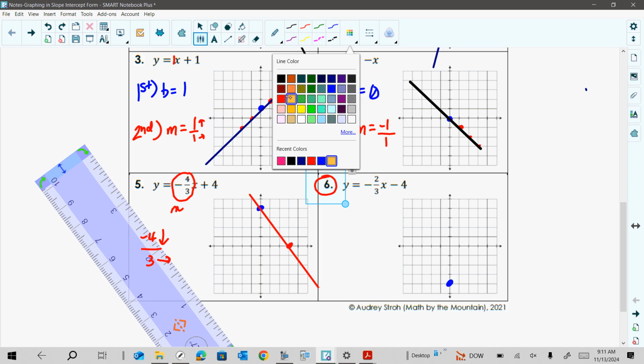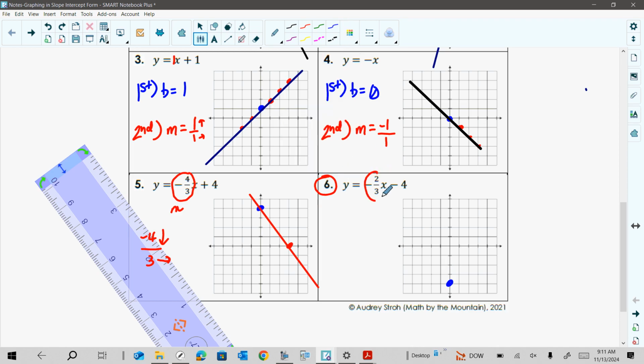Yeah, the slope, good eye, right here. I'm just going to circle it. Our slope here is negative 2 over 3. So normally we would count down 2, but you see how we're running out of room? So if we're going to count down 2 and to the right 3, and we reverse that order,